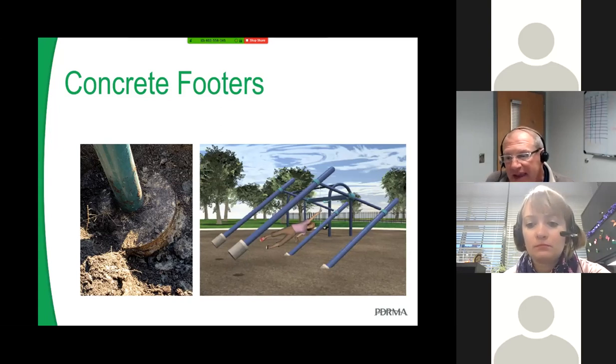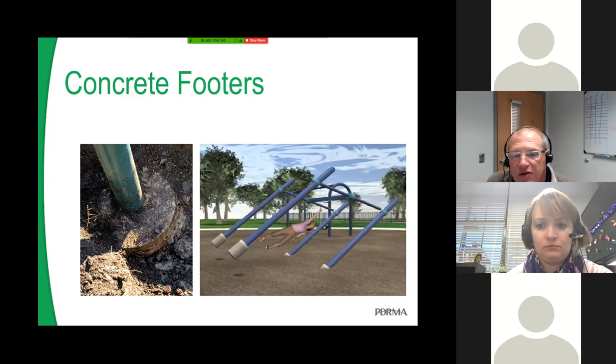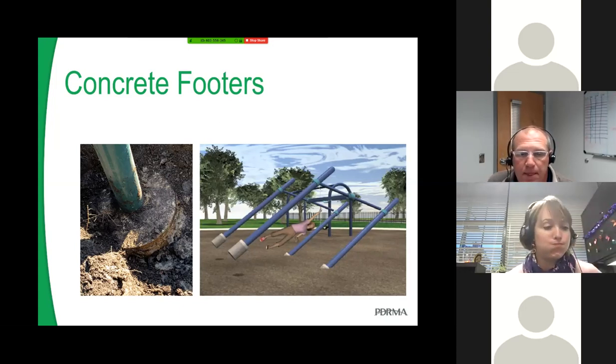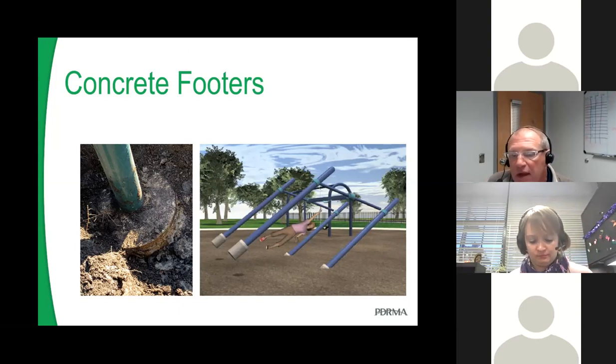Something to consider, again, looking at your playground manufacturers as your first direction, is to systematically look at inspection points as you move along. For example, if you have loose fill, a playground operator may come in a year or two later and look at a key footer, dig down to the bottom of the loose fill and look for cracks, look to make sure that there's been no heaving. And periodically from there on, if things are fine, cover them back up and look at a different footing periodically